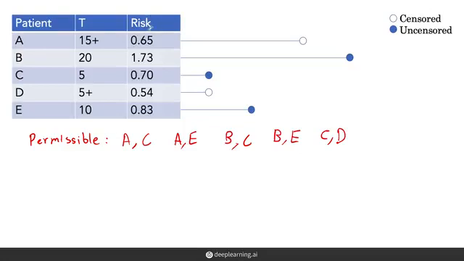I'm not looking at the risk column at all because we don't need the risk column when we're determining whether a pair is permissible. Let's look at C and E and notice that that's also a permissible pair because both are events. And finally, let's look at D and E and realize that for D, the censoring is happening before the event time, so we won't be able to compare the two. And so we have